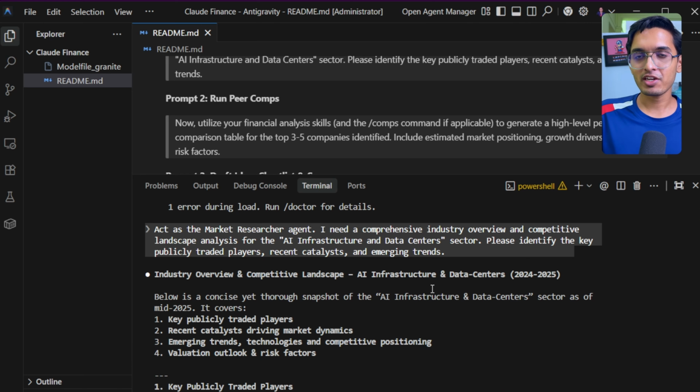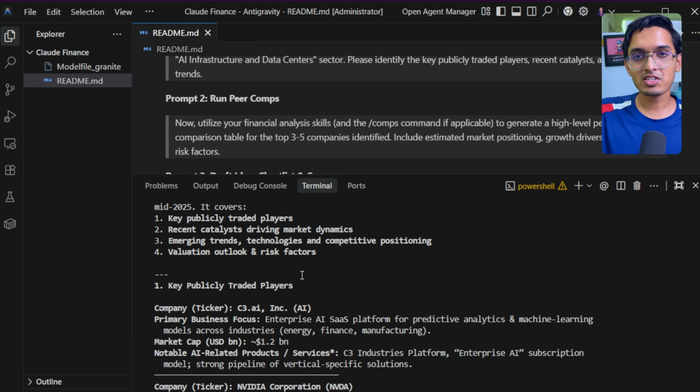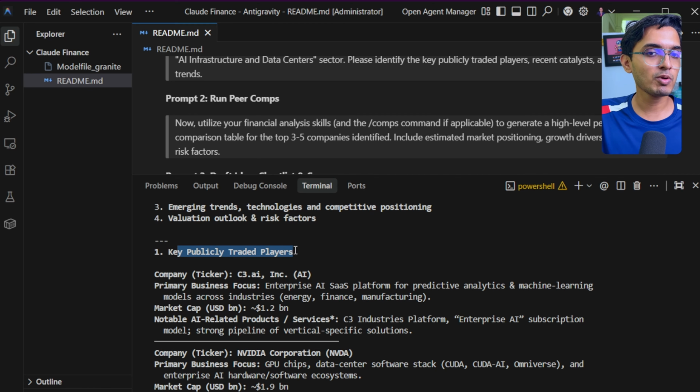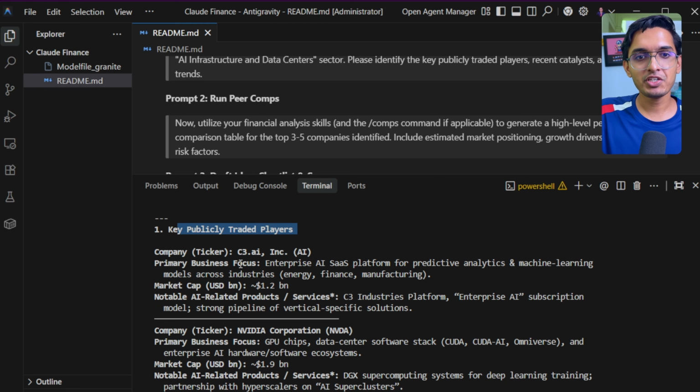So now all our outputs are ready. It just took some 5 to 10 minutes. This is the result of the first query. It has identified the key publicly traded players. It has given the company ticker C3.IE, their primary business focus, which is enterprise AI SaaS platform, their current market cap, and the notable AI related products and